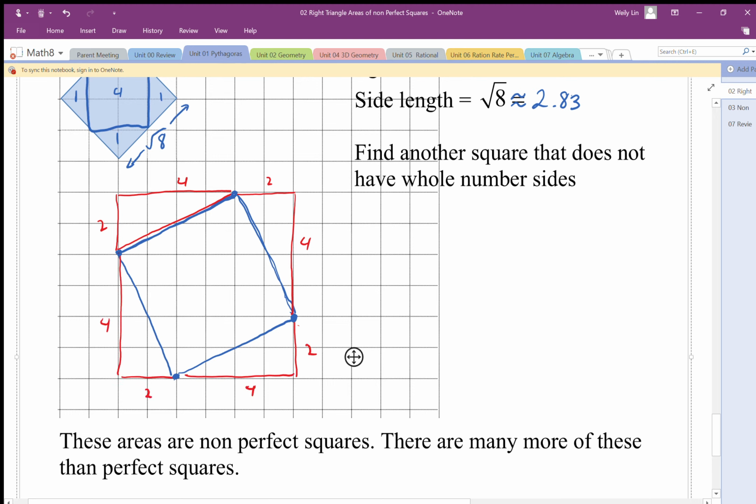In fact, those same triangles actually exist on the inside as well. Okay. But that blue square is definitely a square, and we can actually count up the squares. We've got 4 squares here. This is a 4 by 2 triangle, so 4 times 2 divided by 2 is going to give us 4 here. These triangles are all the same. Okay, so this area inside the blue square